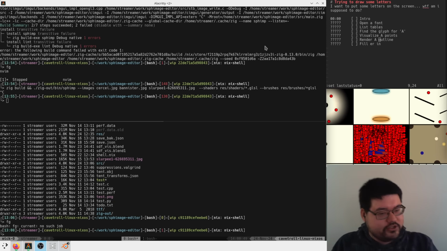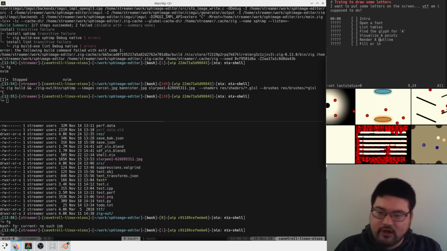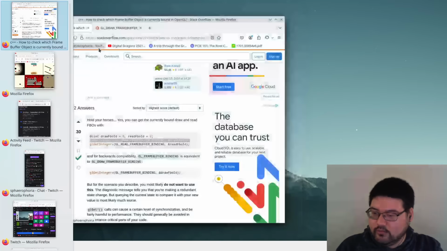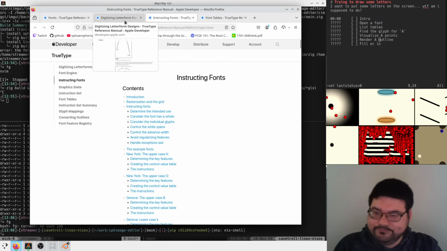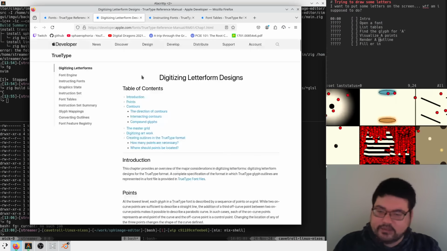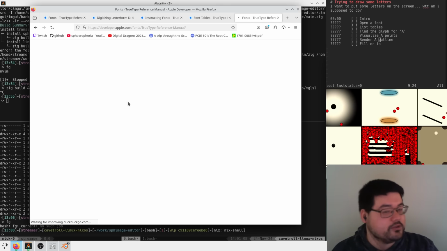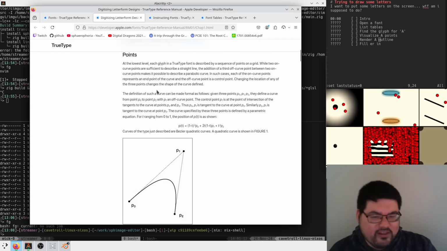So today's goal is to try to figure out what goes into a font renderer. I kind of skimmed the, where'd it go? One of these many windows is the TTF specification. I've been skimming this thing, and I understand to some extent what's going on here. If you just type TTF spec into DuckDuckGo, because why would you use Google? You get to this page, and so it looks kind of like, at a high level,